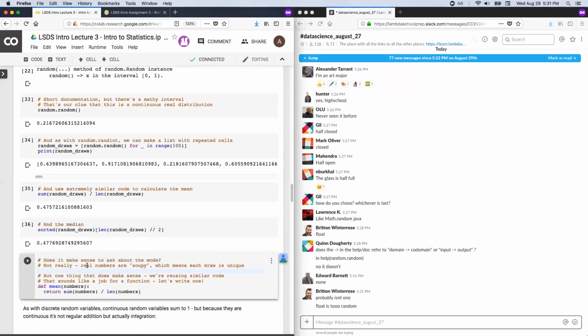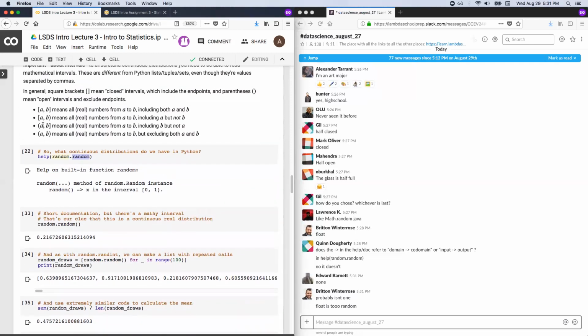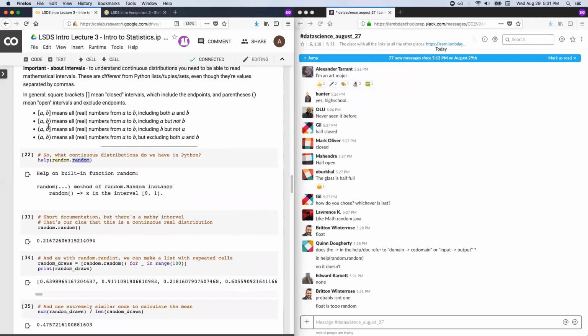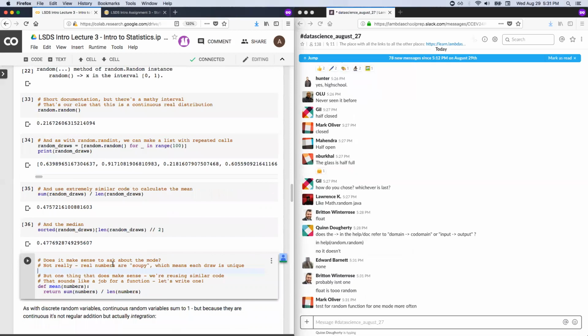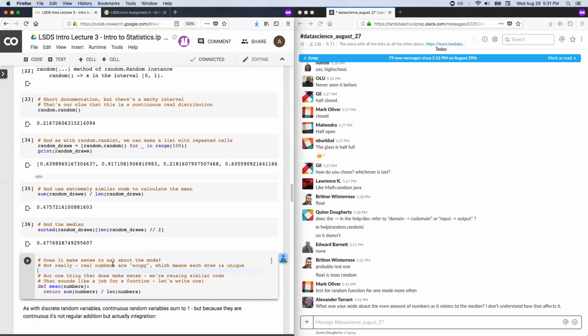Well, we don't, but there's always numbers between numbers and numbers within numbers and more numbers, and so every draw is going to be unique. That's the assumption from a continuous distribution. It's all going to be in this interval from A to B with whatever endpoints, but it's going to be unique. And because every draw is unique, either everything is the mode or nothing is the mode, or it just doesn't make sense.